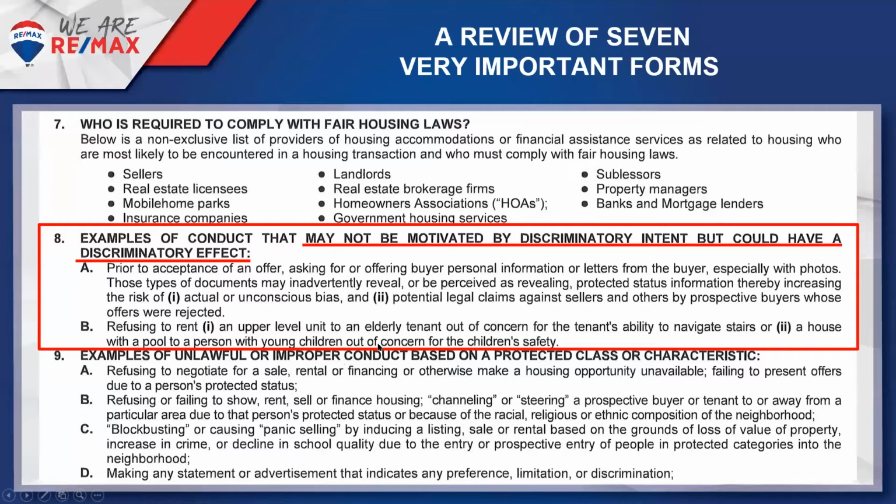fair housing laws. The form goes on to list some examples that may not be motivated by discriminatory intent, but could have a discriminatory effect. Now, this has come up recently because of the so-called buyer love letters. Accepting and reviewing buyer love letters by sellers could lead to inadvertent discrimination, even when the seller didn't intend to. And so there's a general advisory against these kinds of letters, that for most of us who have been doing real estate for a while,